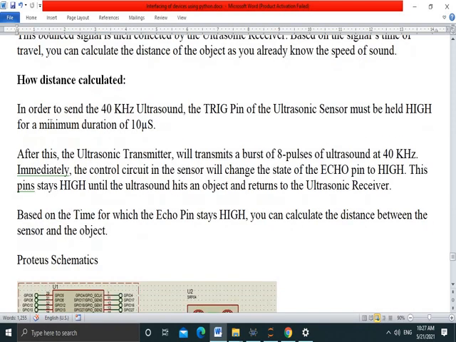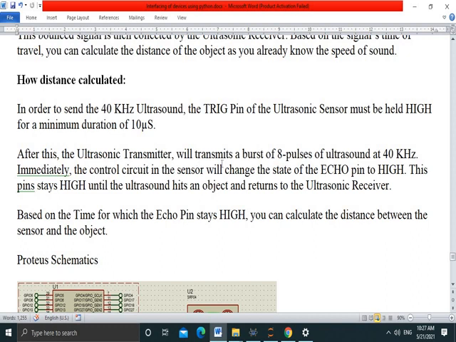Now we are going to see how the distance is calculated. In programming, we set the trigger pin high, so it sends some pulses through the transmitter.